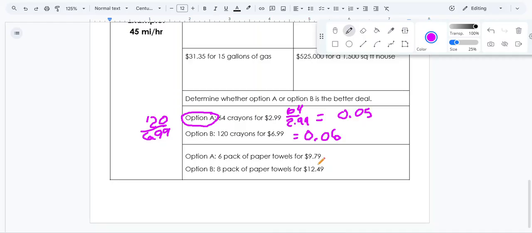All right, that's a quick review of ratios and rates. I hope you guys did well on that. We're going to practice more of this in class, and this is going to help build on what we're going to do with